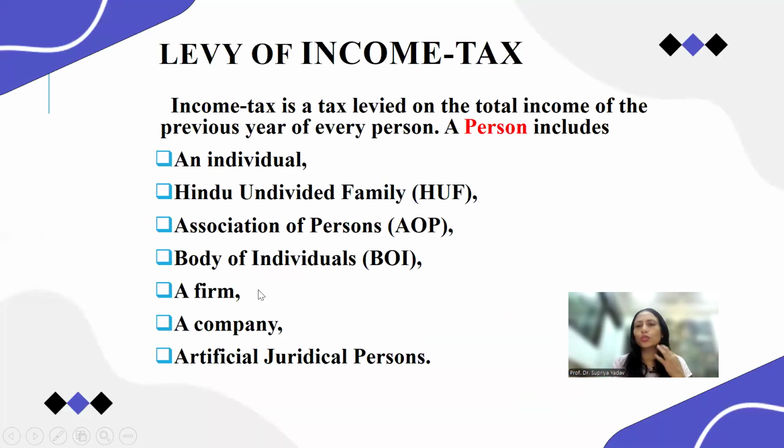Firm means it is a partnership firm. One, two or more persons come together and start a business for making a profit only. That is a partnership firm. Then the company means when seven or more persons come together and start a business, that time it is a